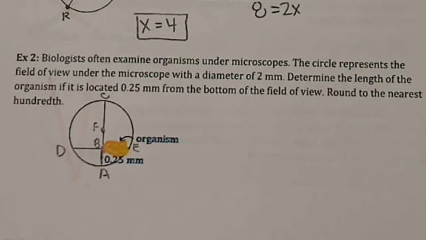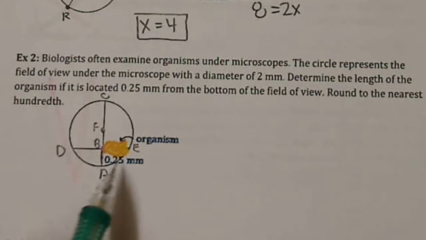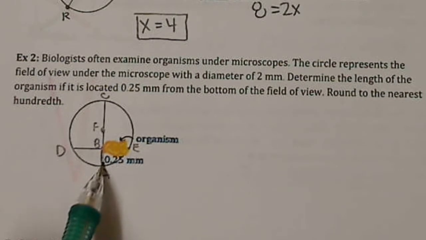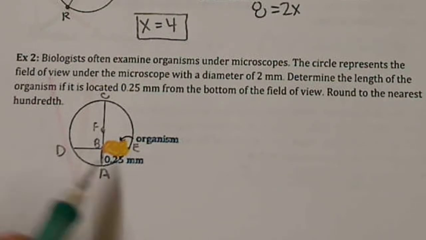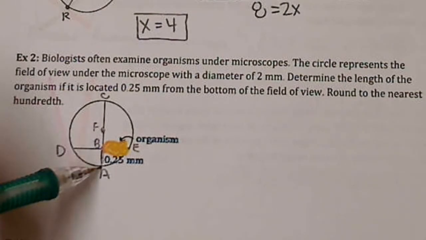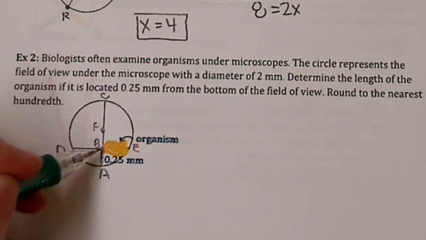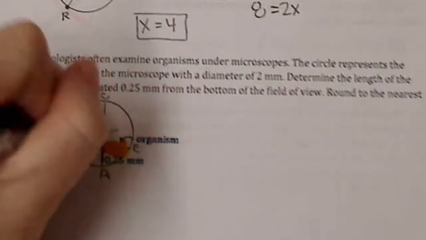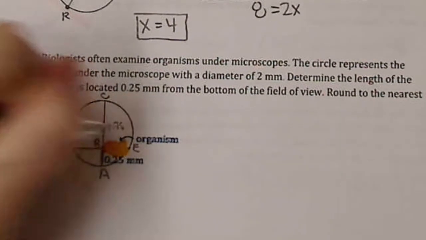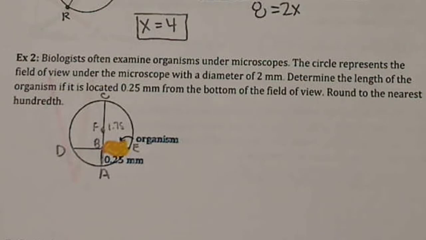Okay. I know that this part is 2.5, and I know that this circle has a diameter of 2. So if this is 0.25, CB, how long is CB? CB is 1.75. Okay. And I know that I have something that we talked about a couple chapters ago,